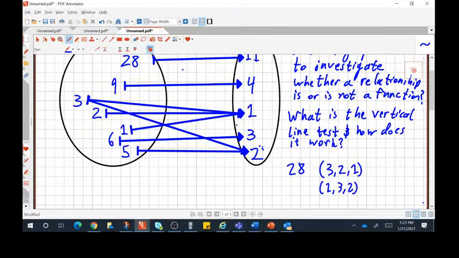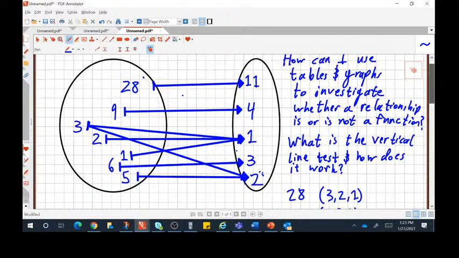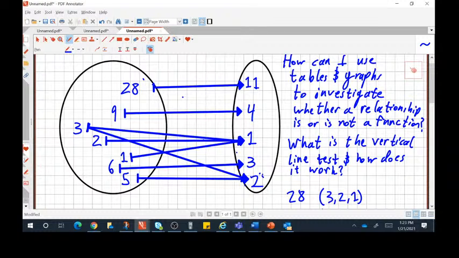Who here thinks you can get a level 1 on this thing? Cool. Level 2: you're able to tell whether a set of ordered pairs or a mapping diagram is or is not a function. Can you identify a mapping diagram as a function or a non-function? Who here thinks you can handle that? That's a 2. Level 3 is what we're doing today. Level 4